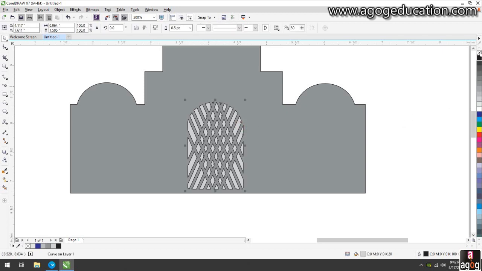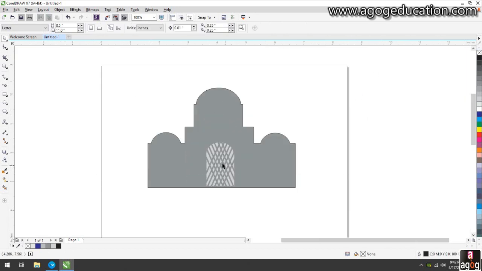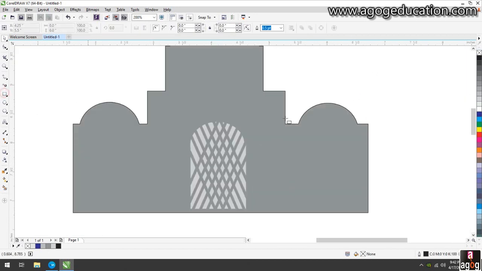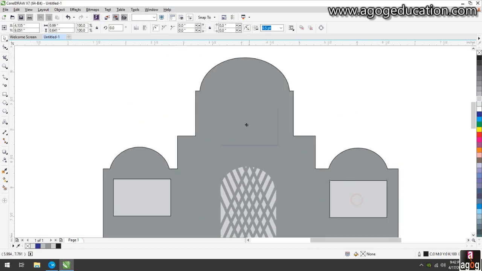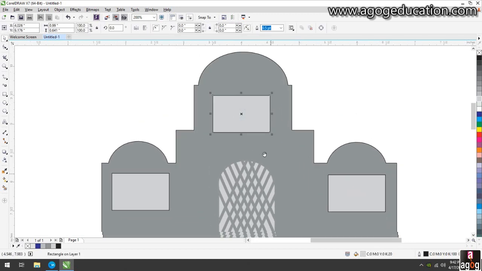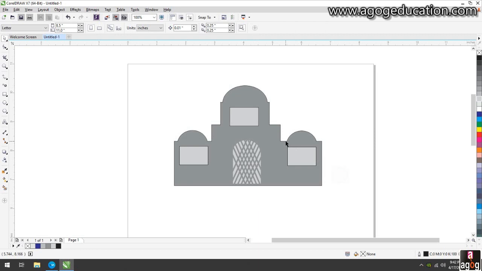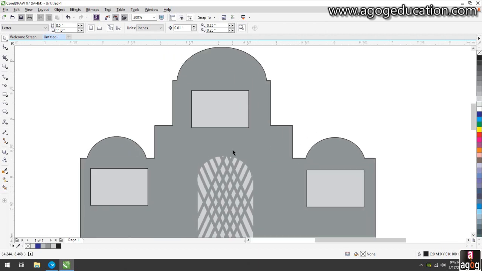Just cancel the outline. Now make some window shapes.